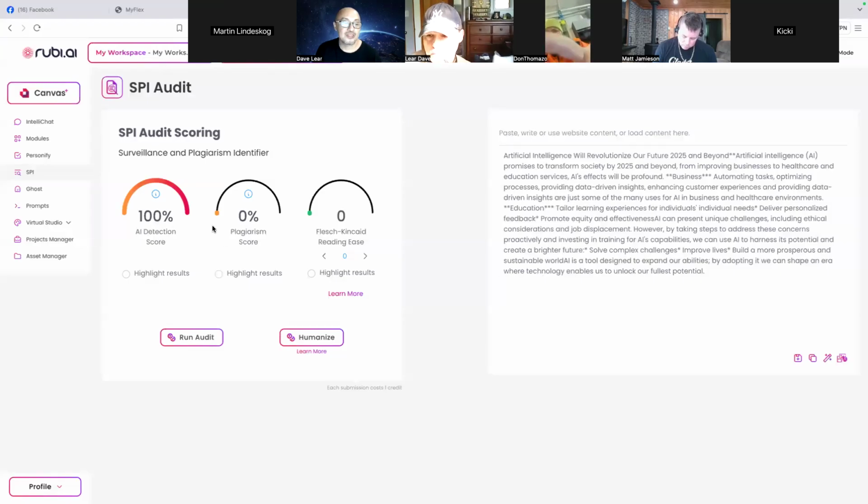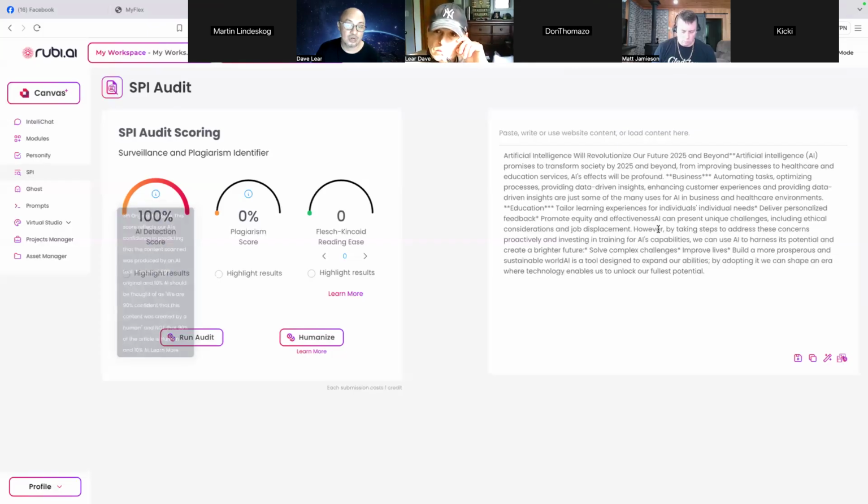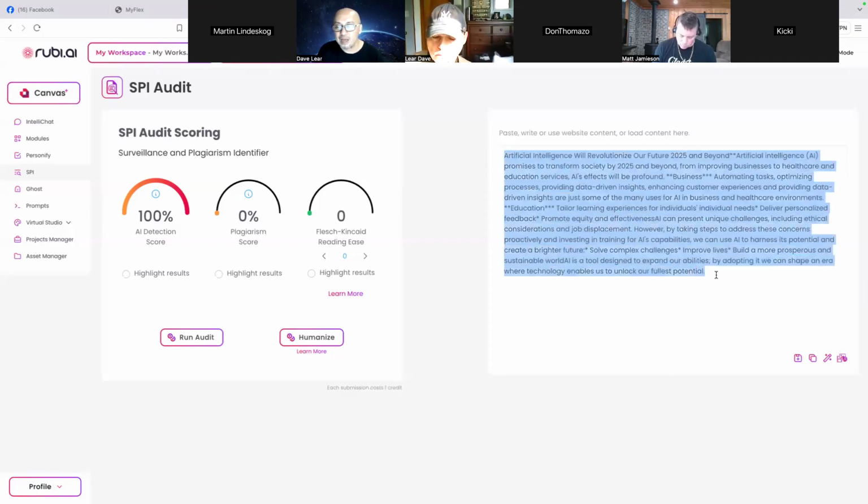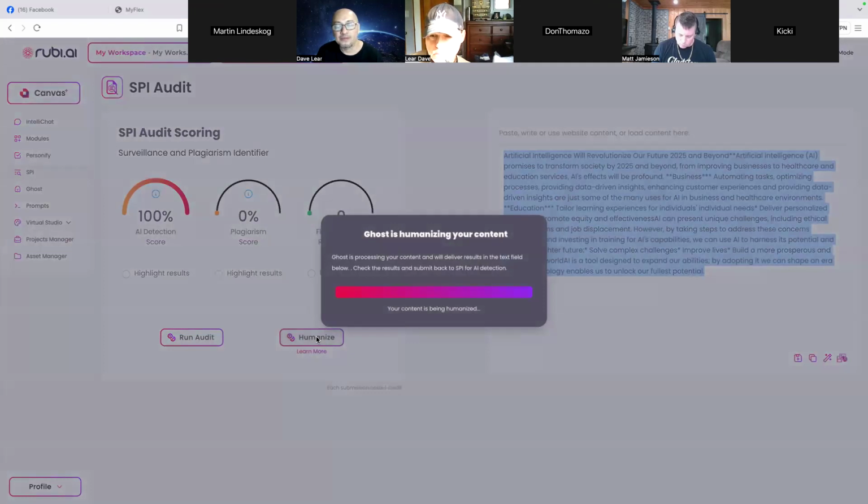Oh, it's still 100%. All right, so earlier I did some tests about this. I had a 15% AI detection score, but it really depends on the subject matter. Some subjects just sound like AI, especially general topics like this, meaning it still sounds like it's generated by AI, but it's not. But you can still try to humanize it again and change it until it goes down.